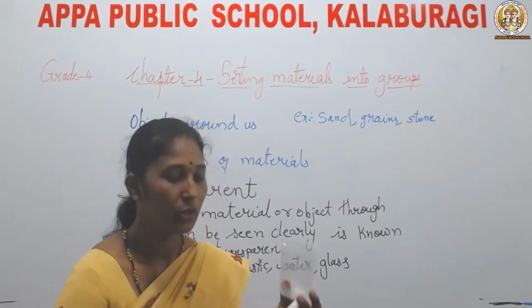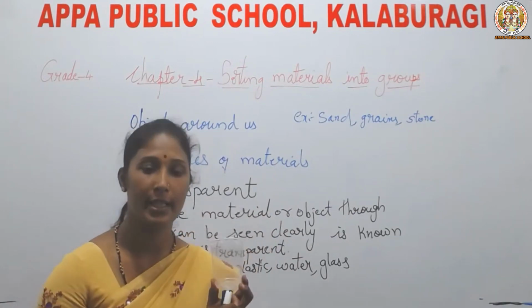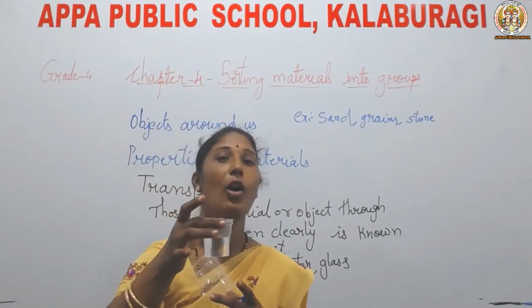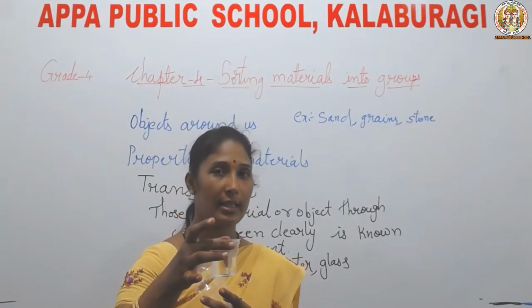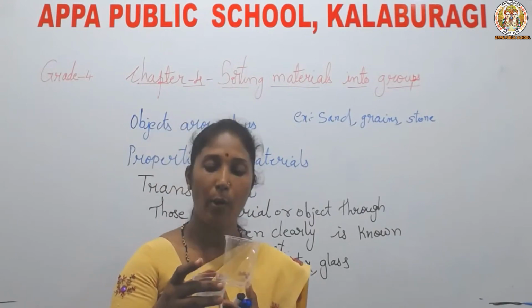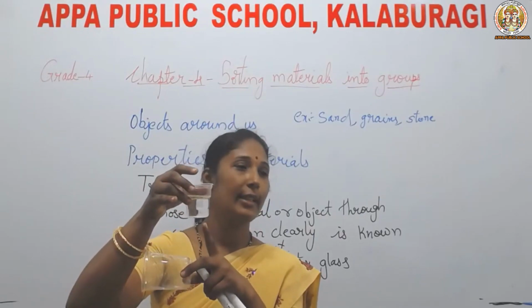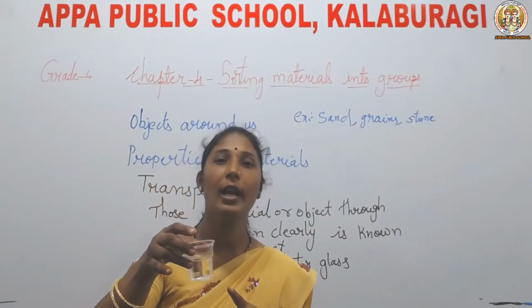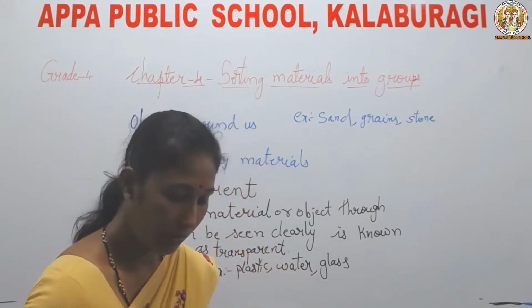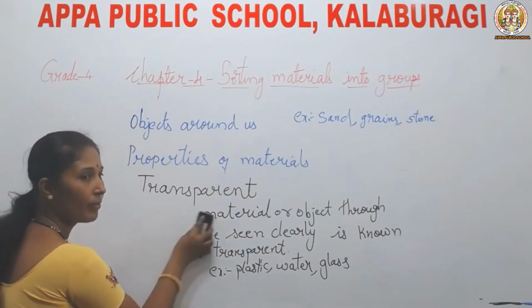Yes, so it is empty. Through that empty glass we can see the other side, what objects are present, and this glass has water, so we can clearly see the water present in the glass. Yes, through this plastic material. And in the water we can also clearly see what material is present in the water. So water is also an example of a transparent object. Yes, we move to the next topic, next property.